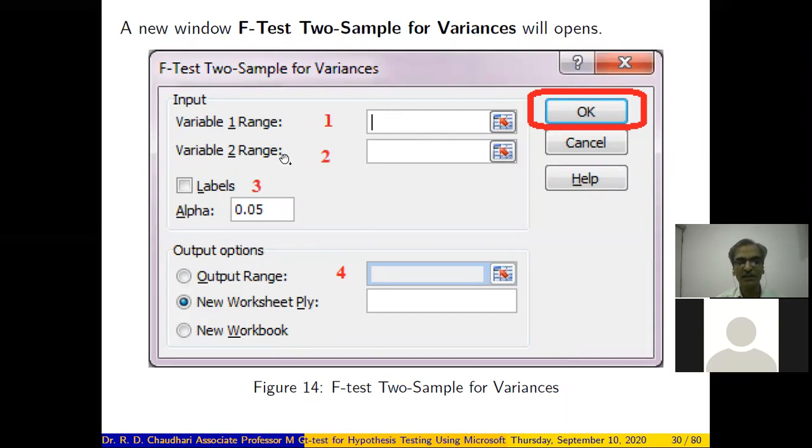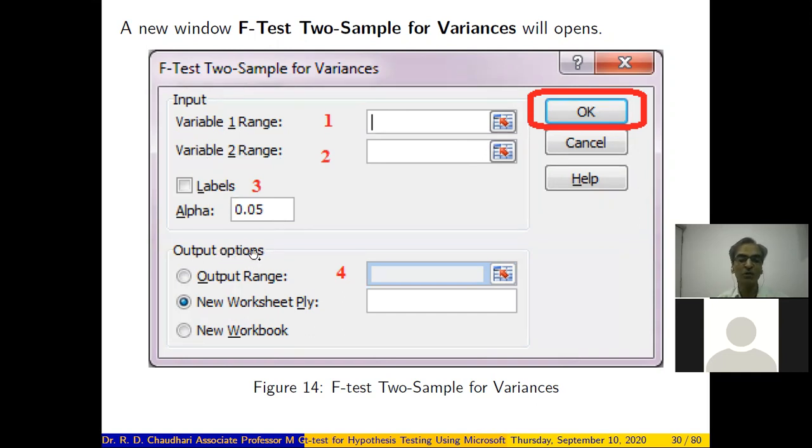In the variable 2 range, we specify the data range for variable 2. If the labels are selected in the range, you can tick the label. If you want to test at 1% level of significance, you can specify the value of alpha as 1%, but by default, Excel takes the value 5%, that is 0.05.